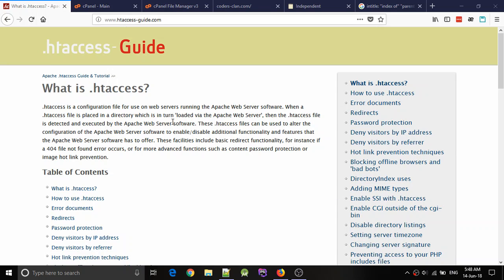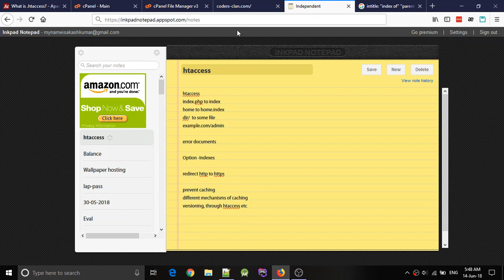Hello guys, in this tutorial we are going to discuss htaccess, which is a configuration file. Before discussing this, let's consider some scenarios. This URL is not pointing to some web pages like .html, .php, etc. But still it is showing some web page. How can we do this? We can do this via